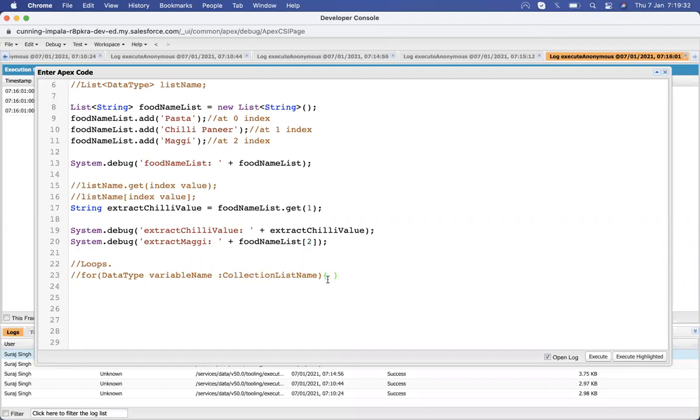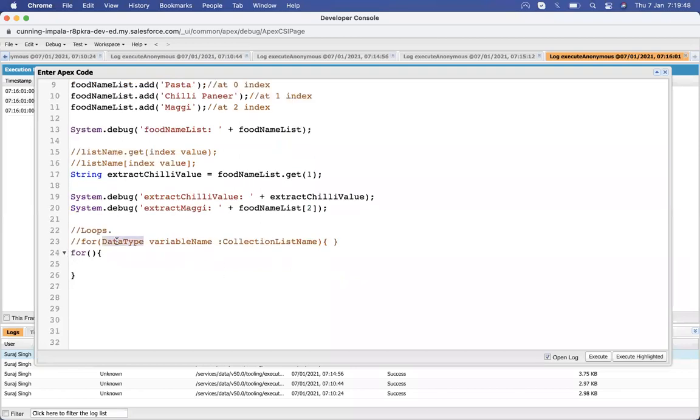Let's have a look at how it works. Here the data type is dependent on the collection list name.